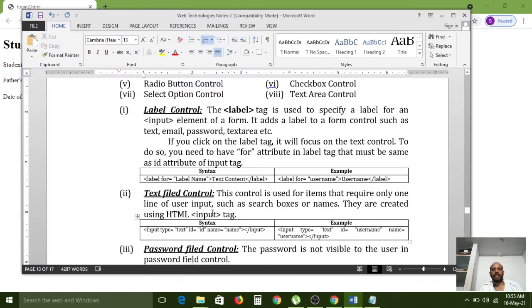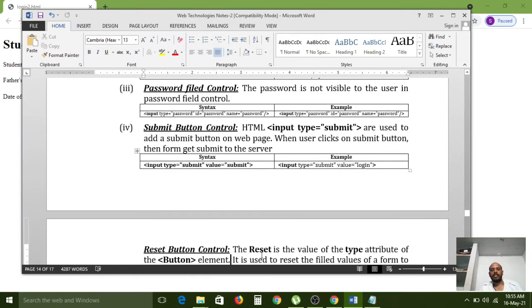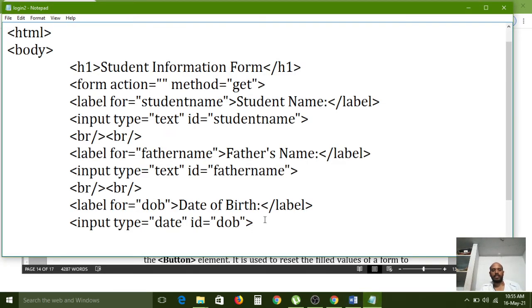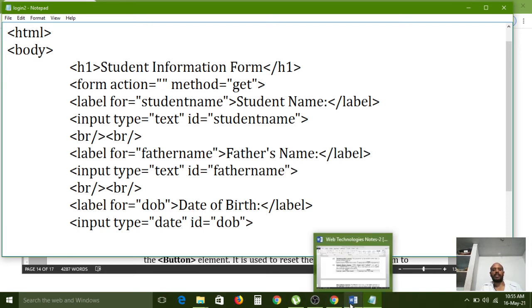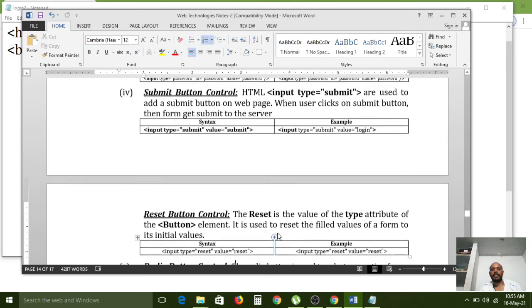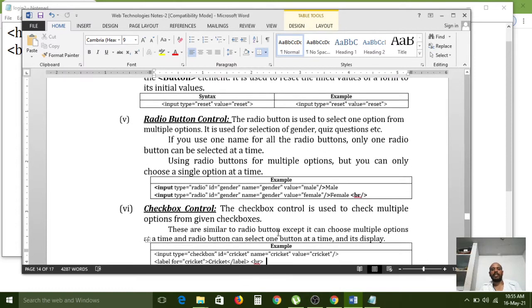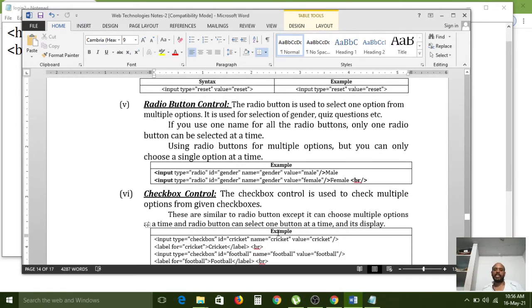So the next option: the text field is also over, label is also over in our form controls. Password I completed in the previous session. And next, submit button. Submit button I am also going to use. But at last we can use the submit button because here we have more controls. Submit and reset buttons we have to apply at the last. Okay. Next, radio button. What is the radio button functionality?